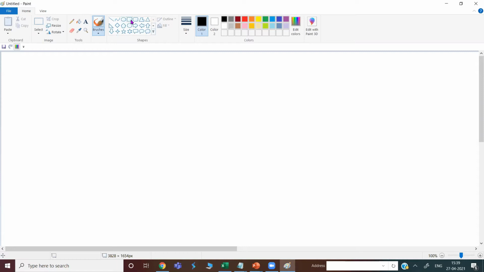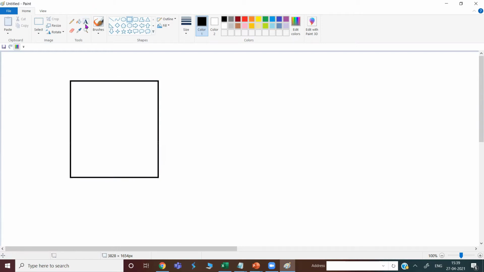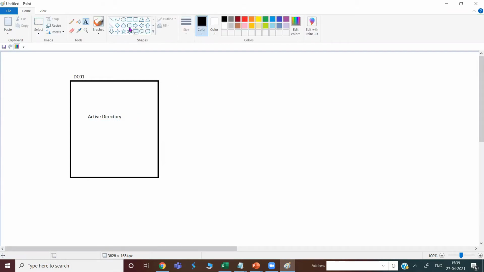So what I'm going to do is create one domain controller. Let's say this is your domain controller, and on this domain controller I'm going to install Active Directory. Then on the same server I will also install Azure AD Connect.